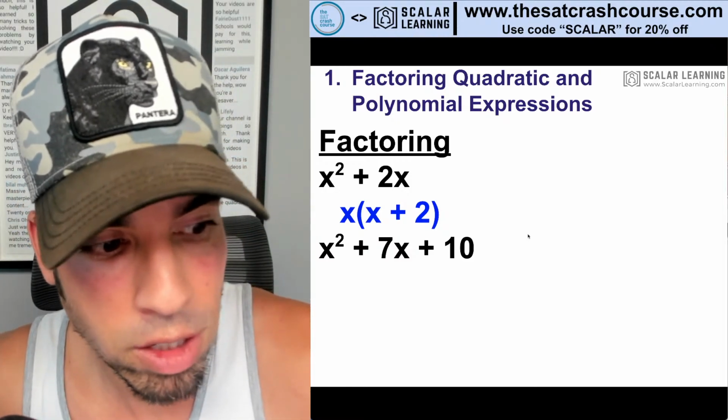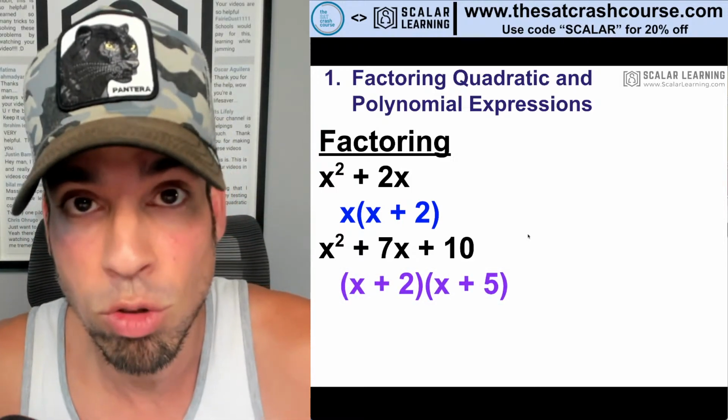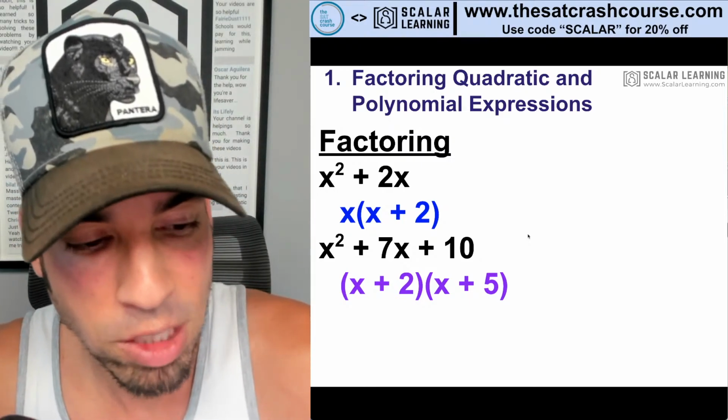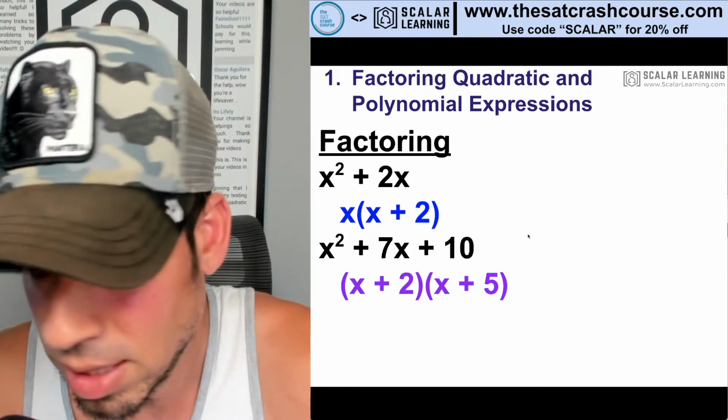But what we're doing here is a way we'd factor a quadratic, just as a general overview, is that one would be factored into 2 binomials, x plus 2 times x plus 5. Now there's a methodology and a reason behind this, like why we're factoring it in this way, and it's sort